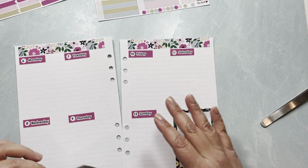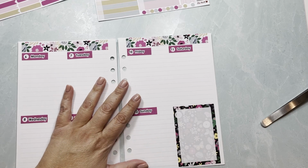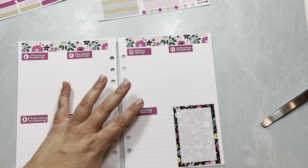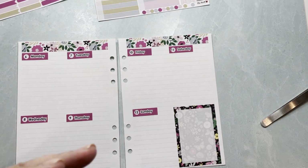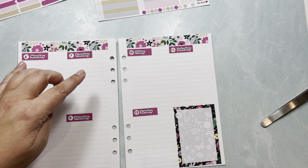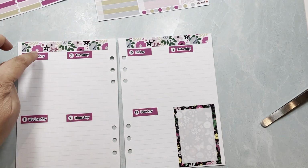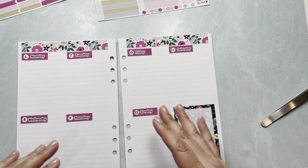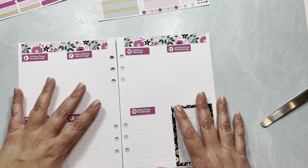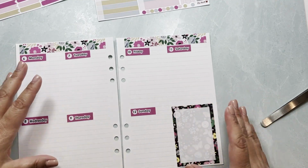You guys almost would not be able to tell that this is a mock-up the way I have it right now. I do love having the planner, even if it's more expensive than a notebook, just because it has everything. It also has your monthly, it also has the dashboard, and you don't have to be guessing where you're gonna put things. You have the space for it. And yeah, I feel it's easier. So just so you guys know that even though it works to show you that you could do this without a planner, I do still like the convenience of having it in a planner. Okay,